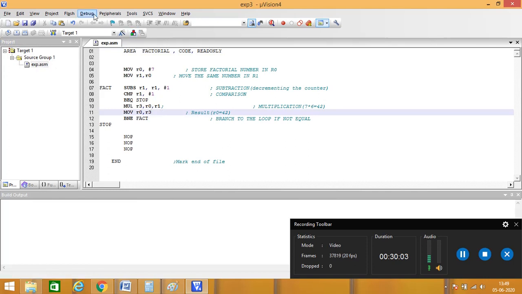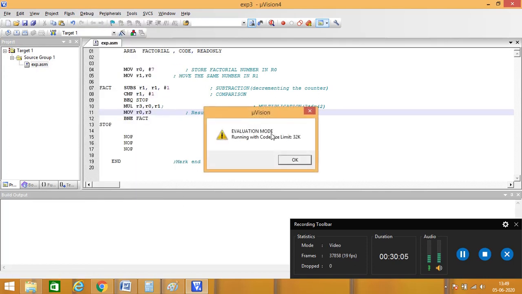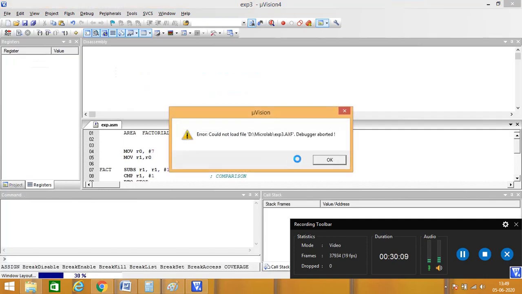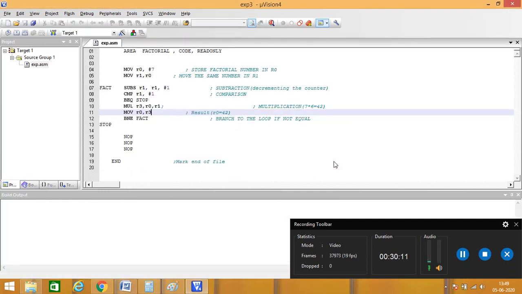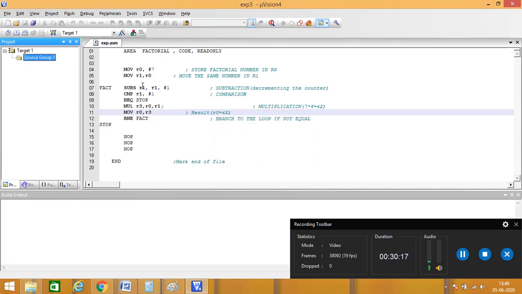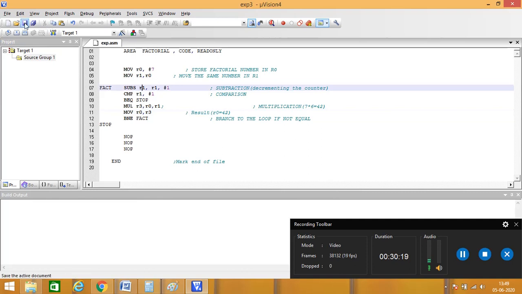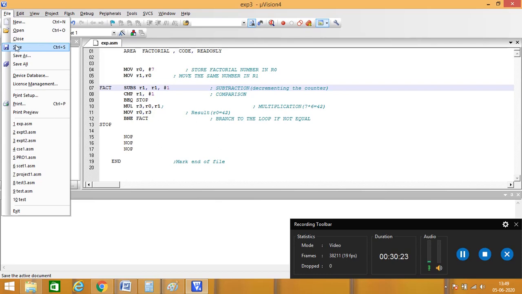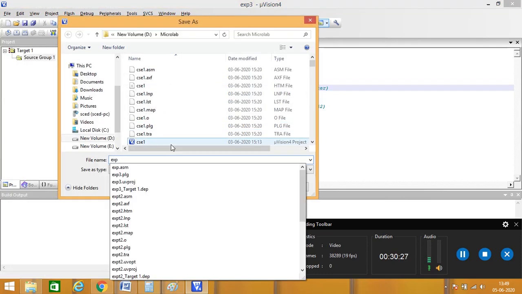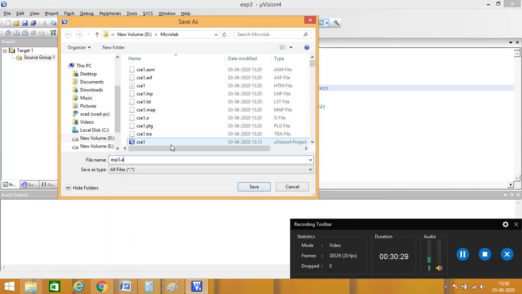Right, so next is debug, start or stop debug session. And there is some issue. Remove this file. Save this again. Do the save as exp3.asm.